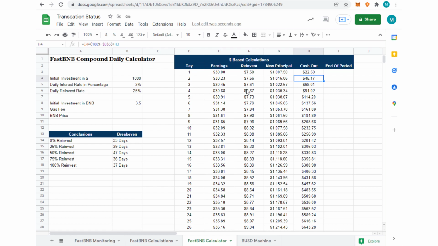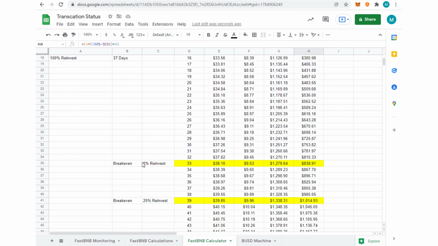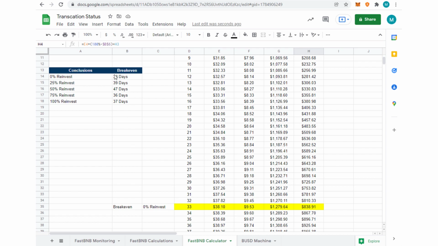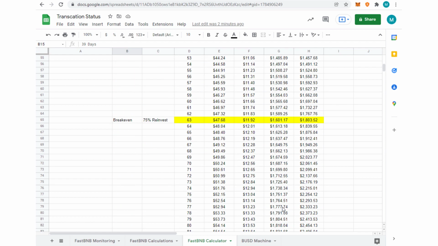But if you do it this way, just doing 25%, and if you scroll down, at zero reinvestment it was day 33. But at 25% investment, now you're at day 39, you're going to get 1,014. So if you look at it here, I have set day 33 with zero investment, you break even, and day 39 with a 25% investment. But look at the beauty of this. So now you got more, right? Now let's look at what happens. So if you scroll down all the way at day 90,